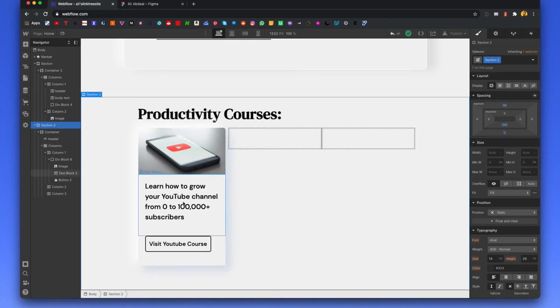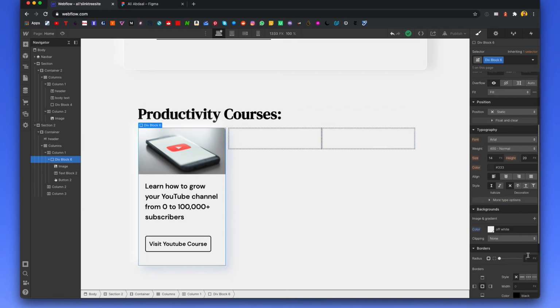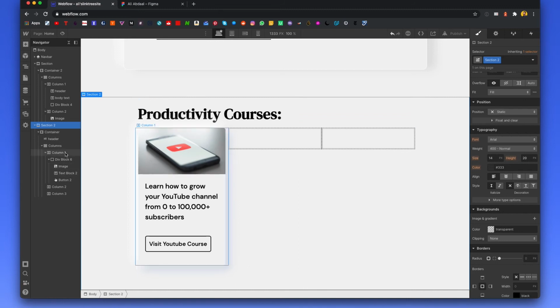So now I've added the shadows, I'm pretty happy with how this card's going to look. So the last thing I'm going to do is quickly make sure the corners are rounded, so go into the border radius and add in 10 here, and that rounds the edges off nicely. So instead of copying and pasting this 3 times, we can create a component like in Figma, and we can just change the text by pasting it in and the image and the links, and Webflow will sort the rest